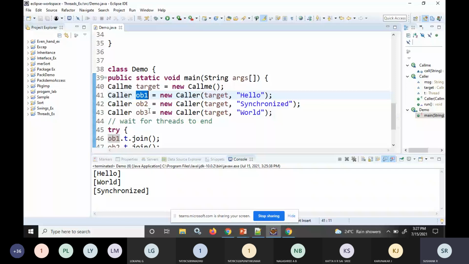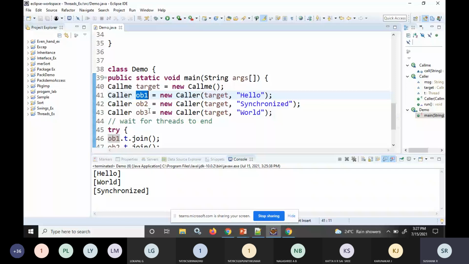This problem can be solved by using the wait function and notify function, so that both the producer and consumer functions will be executed in proper order.